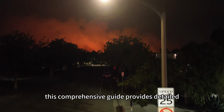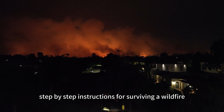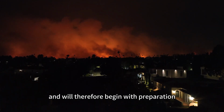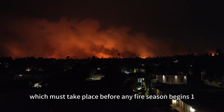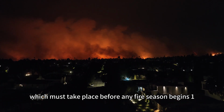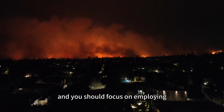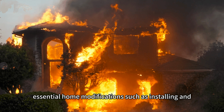This comprehensive guide provides detailed, step-by-step instructions for surviving a wildfire at different critical distances and will therefore begin with preparation, which must take place before any fire season begins. 1. Home defense preparation. This must be a priority, and you should focus on employing essential home modifications such as